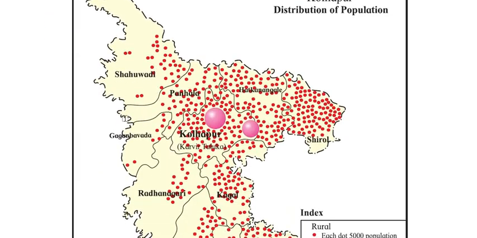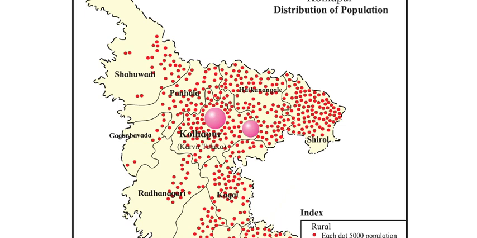They have asked us about direction. Here you can see that if I move from the west side to the east side, the population density increases. Because of the Sahyadri mountain hill area, fewer people reside here. But as you move towards the plateau area, the plain area, you will find the population density increasing. In the hilly areas, in the western part of Kolhapur district, you will find sparse density, and as you move east you will find dense population.